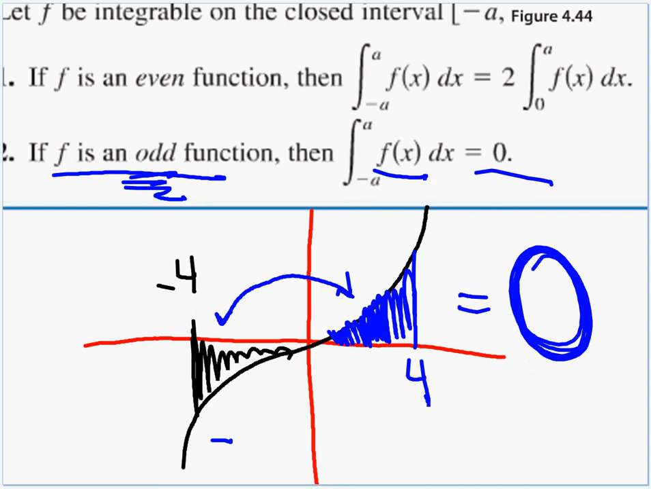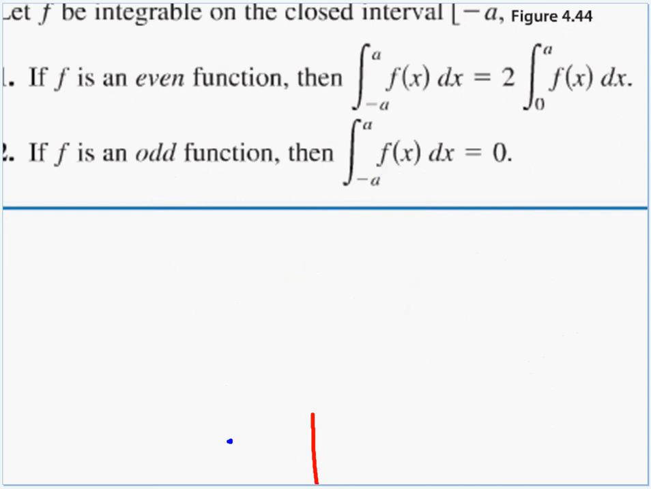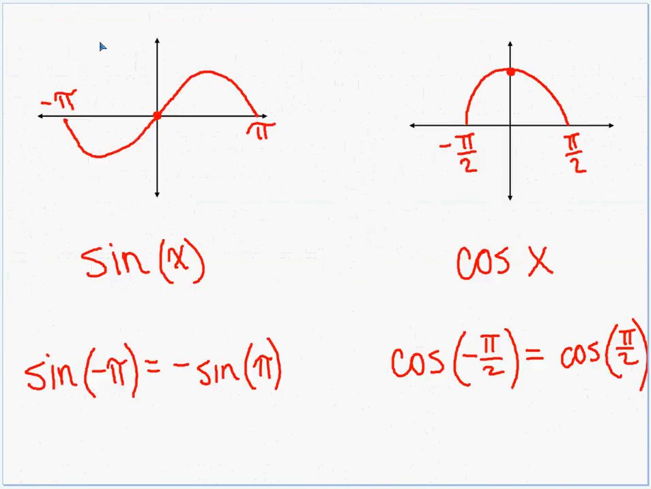Here's another little thing I sort of created on my own. Remember for trig functions about even and odd. If we look at a basic sine graph from negative pi to pi, we can see the origin symmetry. So sine of x is odd. And what that means is the sine of negative pi is exactly the same as the negative of sine of pi. It's kind of like that negative can be factored out if your function is